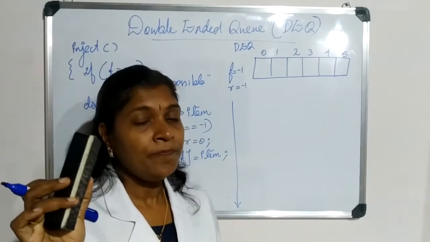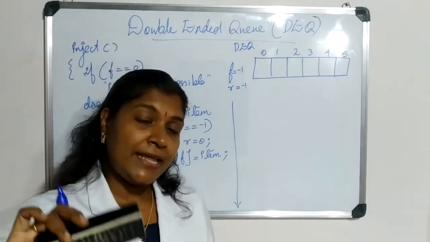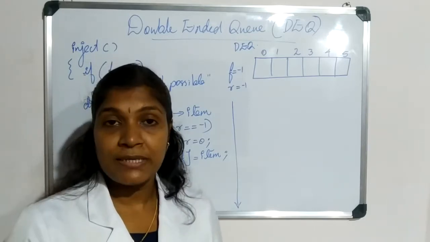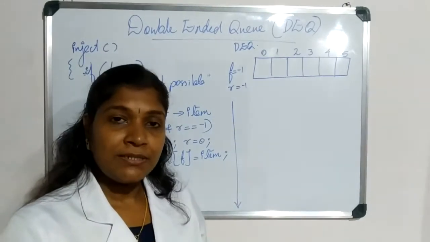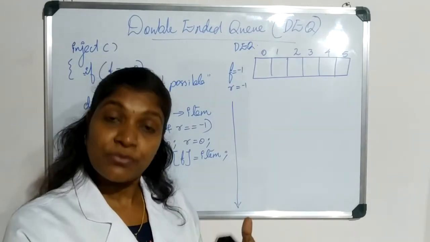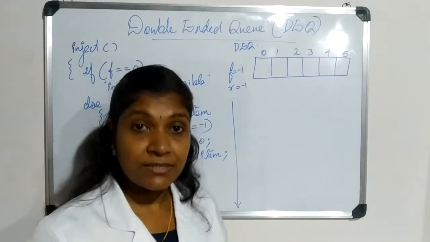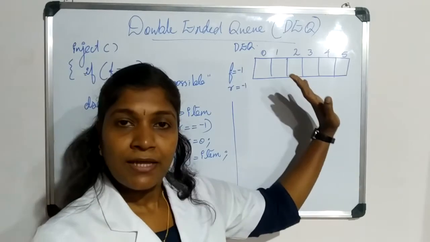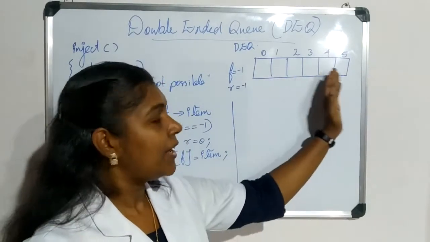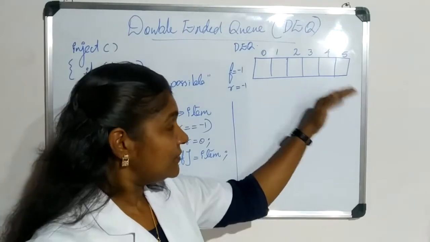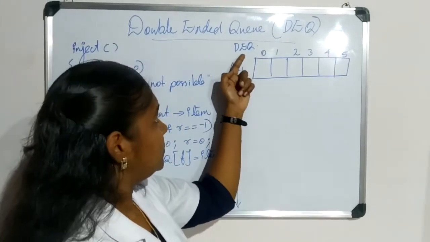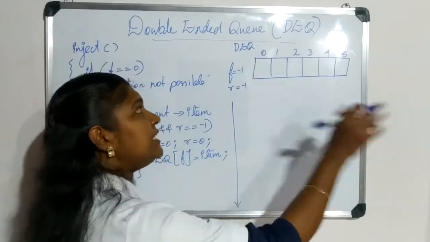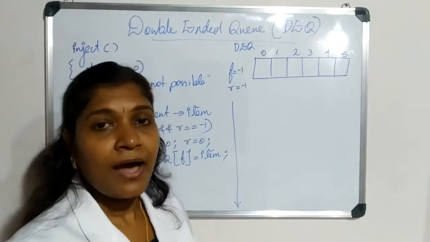So let me remind you, inject means inserting an element through the front end. Normally through front we perform the deletion, that is the DQ operation, and here the inject operation means that through the front end we are about to perform an insertion. Okay. So for that, let this code be there. Then let's consider an empty double-ended queue. The array representation is that of a queue, and as we are implementing a double-ended queue here, we have used the array name deck. Okay, double-ended queue, this is the short form, deck. So initially you consider f is equal to -1 and r is equal to -1.